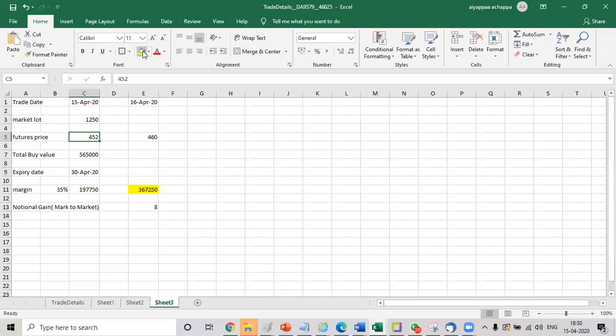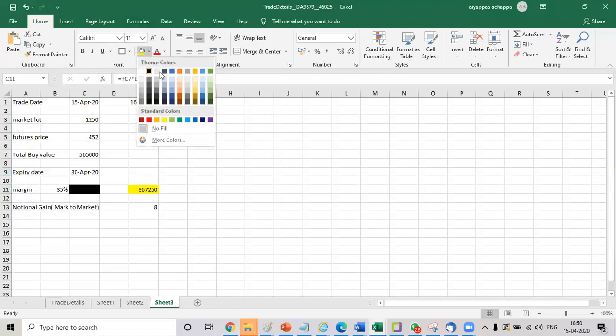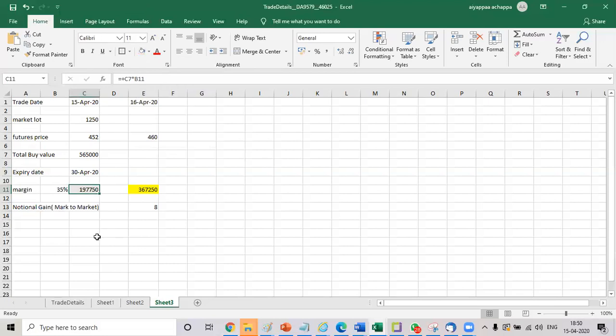For example, you have booked an apartment at 30 lakh rupees. Now you don't pay the full 30 lakhs to him. You say once the project is completed, I'll come and pay you the balance 25 lakhs. Now I pay you 5 lakhs. That 5 lakh is your 1,97,000 which you have paid here. Now after some time, the apartment value increases from 30 lakh to 38 lakh. So what you can do, you have already paid 5 lakh. You can find a prospective buyer and sell the same apartment to him at 38 lakh. So you make a profit of 8 lakh.